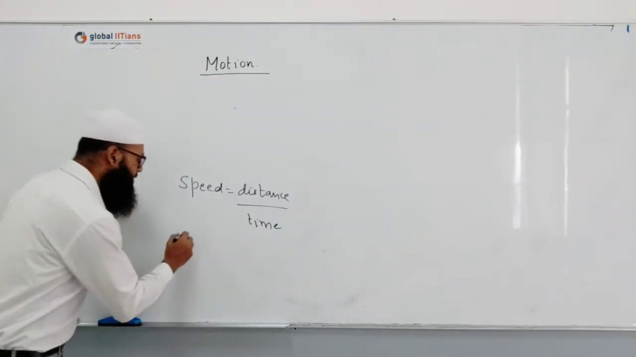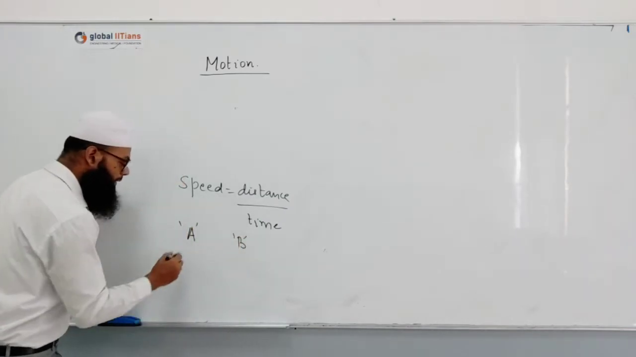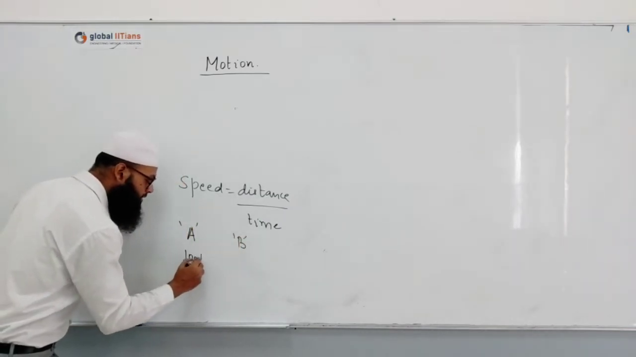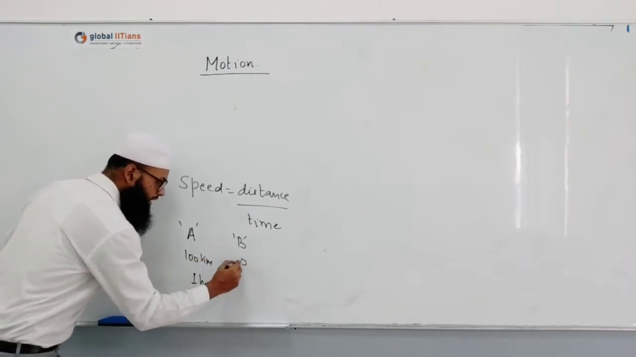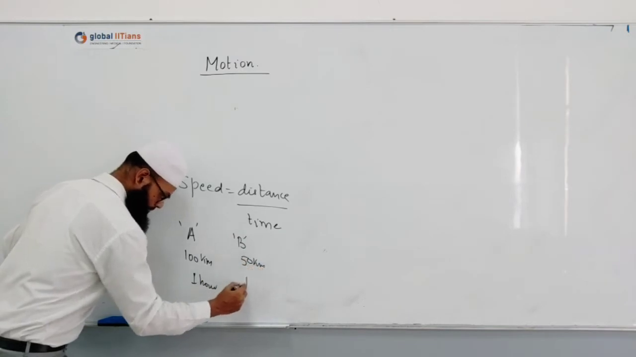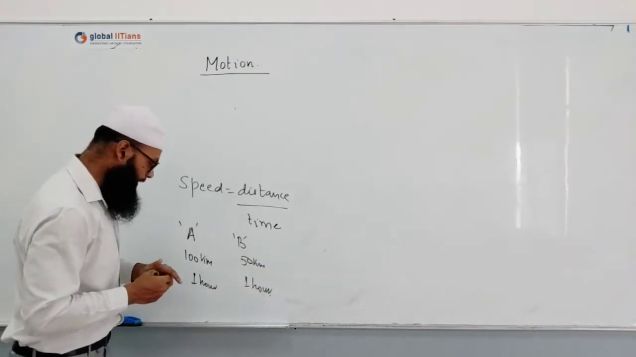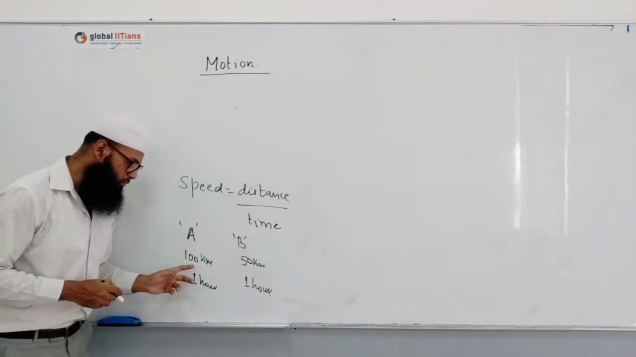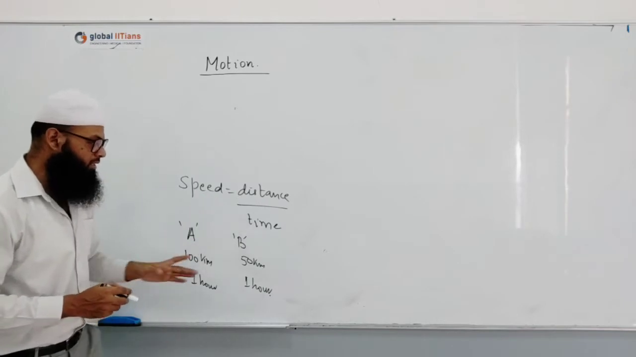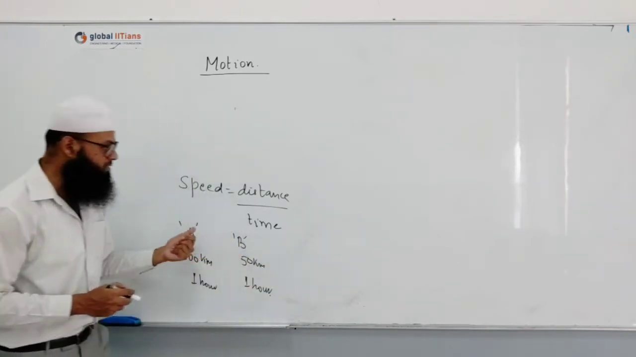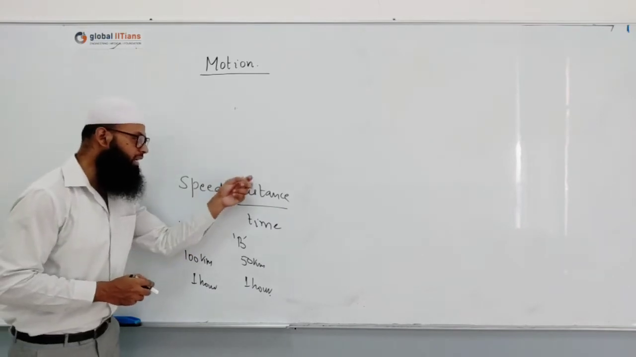For example, there are two vehicles, vehicle A and vehicle B. Vehicle A covers 100 kilometers in 1 hour, and vehicle B covers 50 kilometers in 1 hour. So if someone tells me to find out the speed of both of them, I'll simply do 100 upon 1 and 50 upon 1 respectively for A and B. But then if someone generally asks me whose speed is greater, then I'll tell him that whoever is covering a greater distance